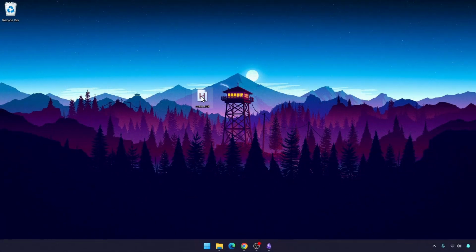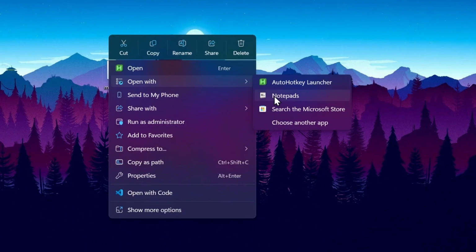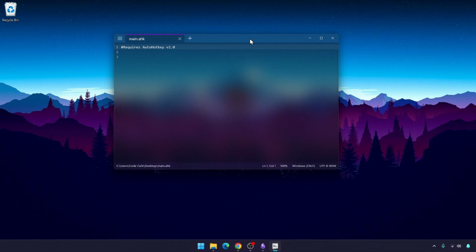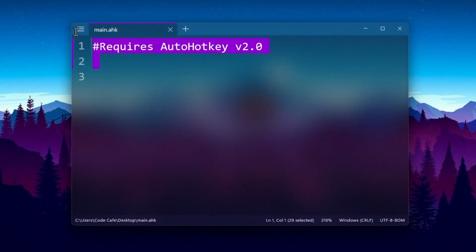I'll bring it in the middle right now. And you just need to click this. Nothing happened. Because right now our script is empty and it needs some commands to ensure that it works completely fine. So to do that, just select the script, right click, open it, and select any app you like. I'm going to go with Notepad because I like the interface too much. Let me zoom in on this, and this is what you will see in the beginning.